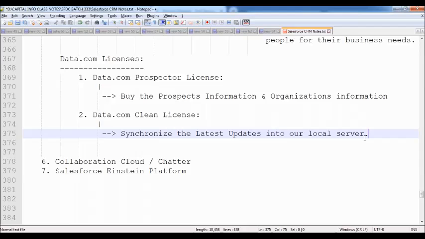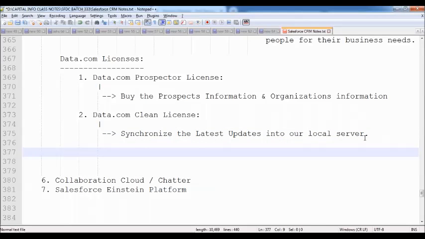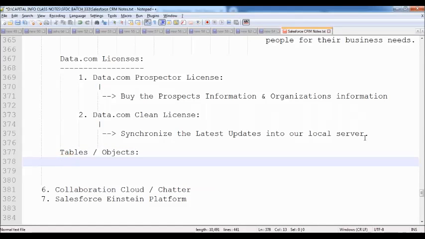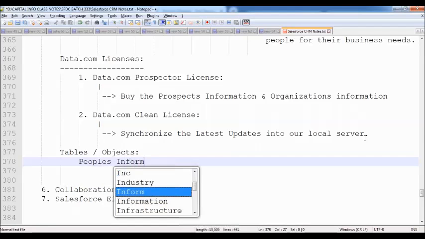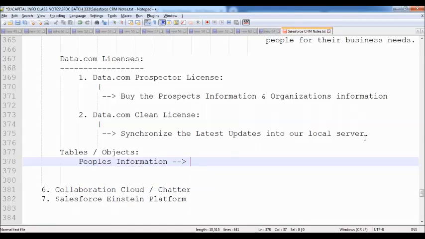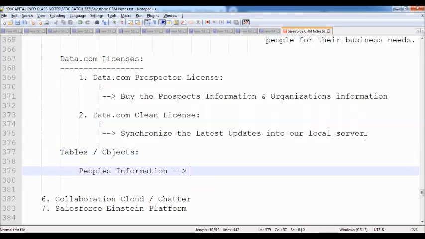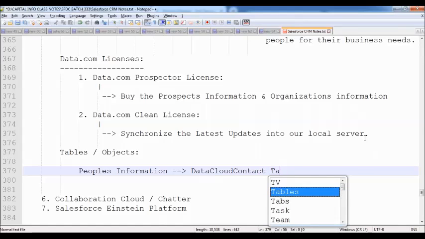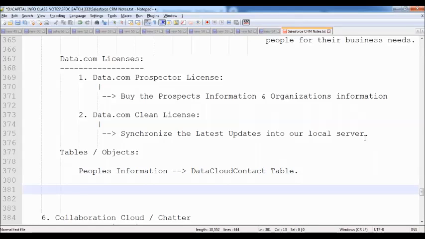To store this data, it uses two tables, which are objects. To store all the people's information, it uses a table called data cloud contact.